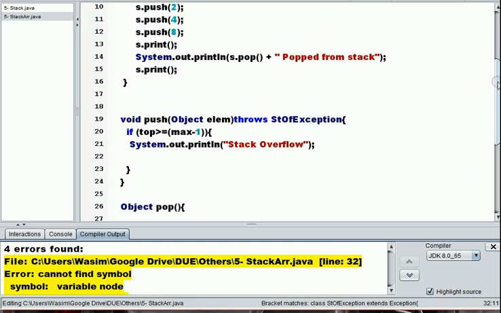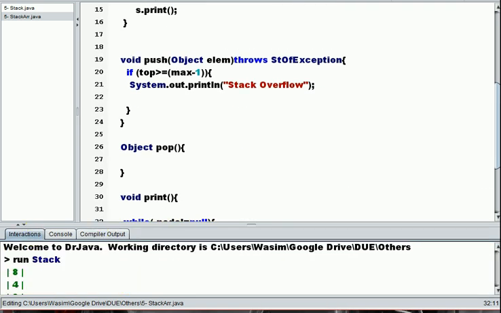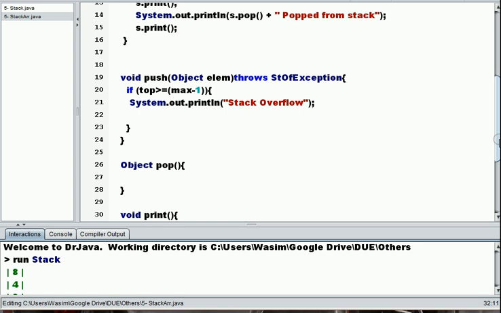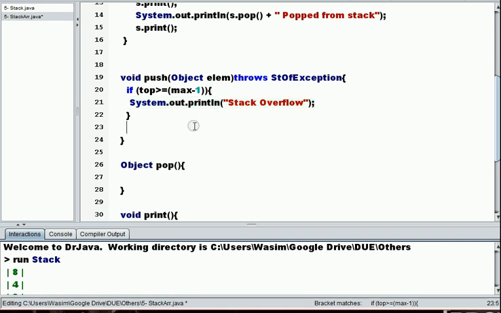Okay, error, just ignore that. It will be an error because we didn't complete it. So System.out.println, this will return overflow of stack. That's the only thing you do over here. And if it's not an overflow, that means we can push. So you take an else and then just,